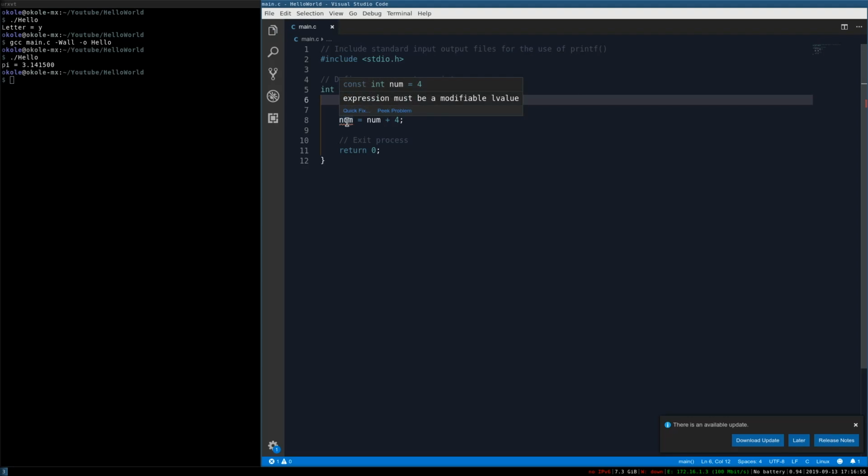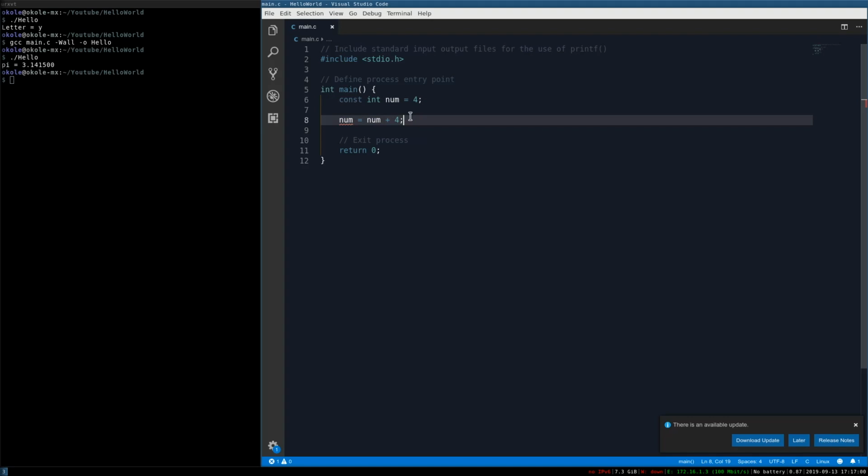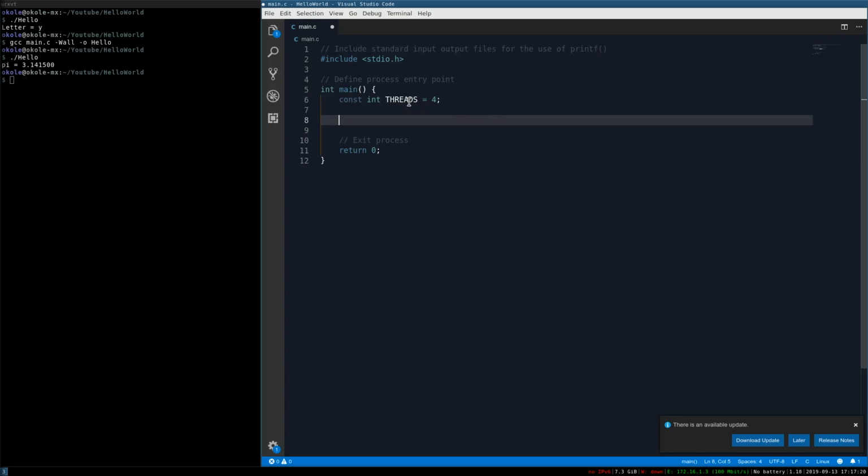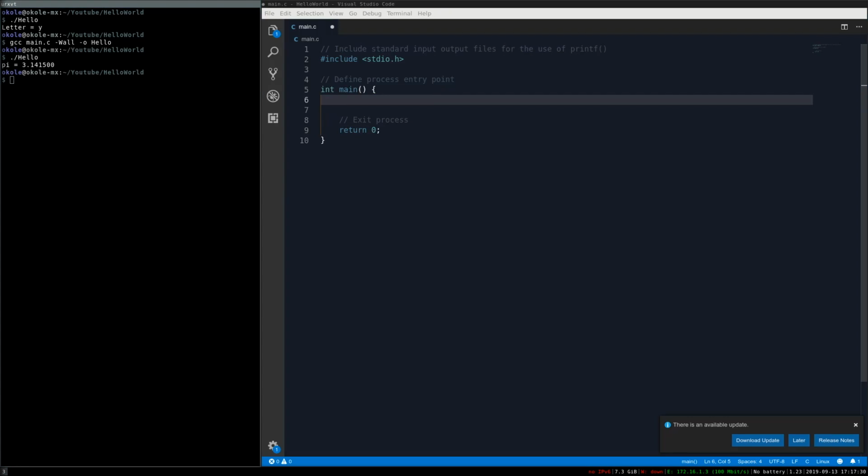You see how I get this error here? It's because it's a non-modifiable value. We can only modify non-constant values. So let's say we're writing a multi-threaded program. We can have constant int threads and set it equal to 4. And we know we want it to be constant because we don't want the amount of threads to change. Basically, if you don't want your variable to change, make it a constant, and it will not allow the programmer to modify that data value. And that's pretty much it for